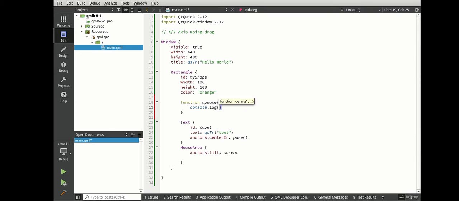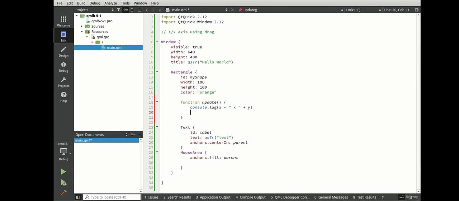console.log. And because this function lives in the rectangle, we have access to all of the rectangle's properties. So we can say x, which is the x position of the rectangle. That probably looks a little bit weird, but it's the x position, a string, and the y position. We could do z as well if we felt like it, but it's not going to change for this video. Then we're going to say label